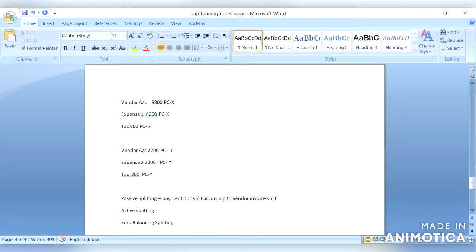In active splitting, the document split according to ERP predefined rules. SAP almost supports all the business process transactions, but it doesn't suit any requirement. The own splitting rules can be created.